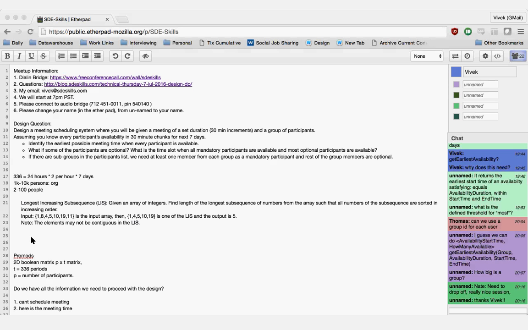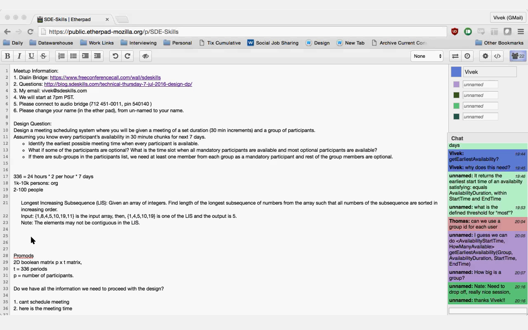Each element can itself be the largest increasing subsequence. And now we want to start evaluating for every element next to it and the element next to it and so on and so forth. So that's how I was thinking, and I was trying to come up with the recursive formulation for this.